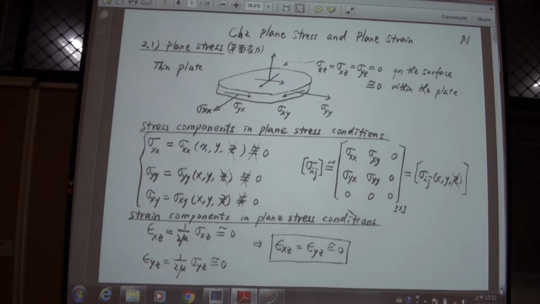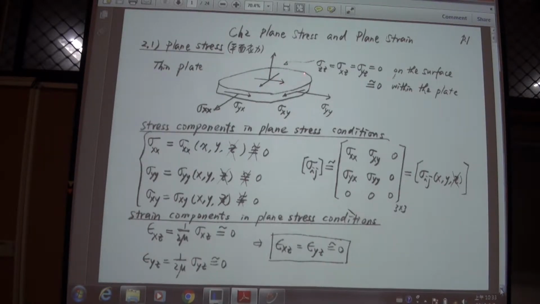Let us study these two kinds of problems one by one. And in section 2.1, we study plane stress first. I must address that plane stress is a terminology to describe some special problem for the thin plate. Okay, in this picture, we have a thin plate, and